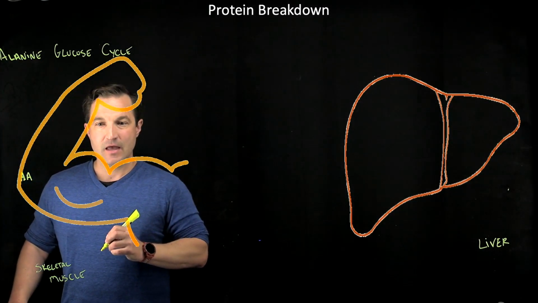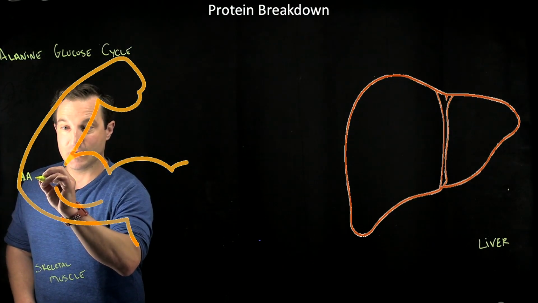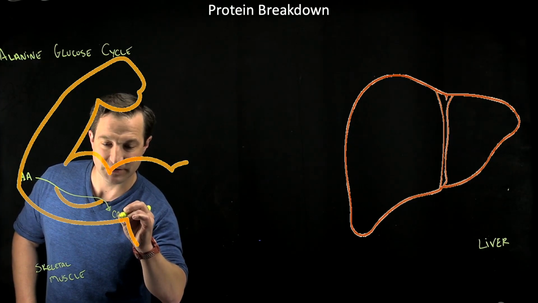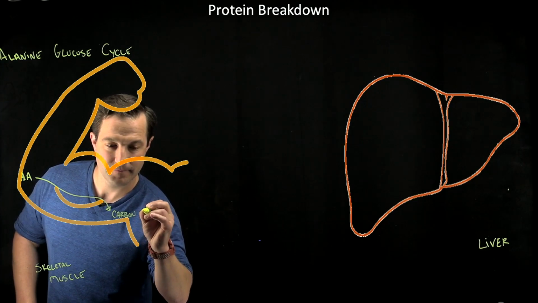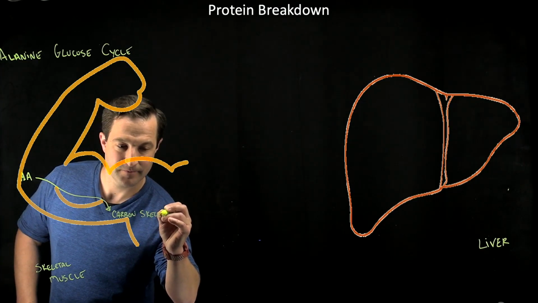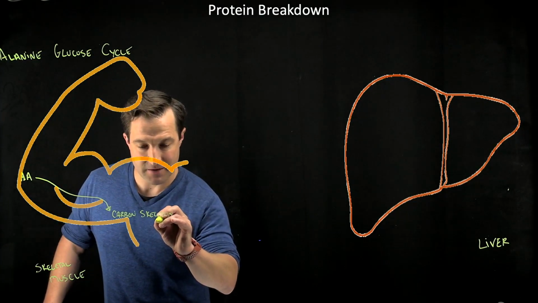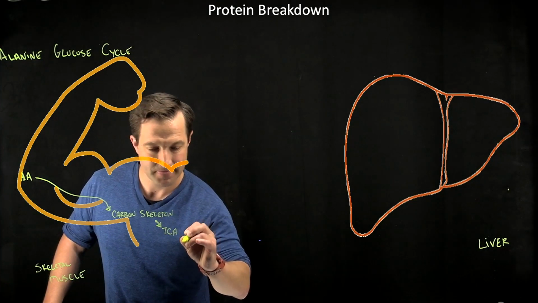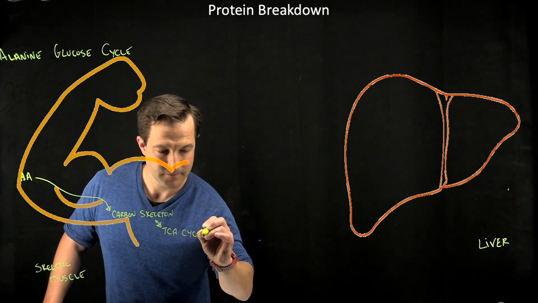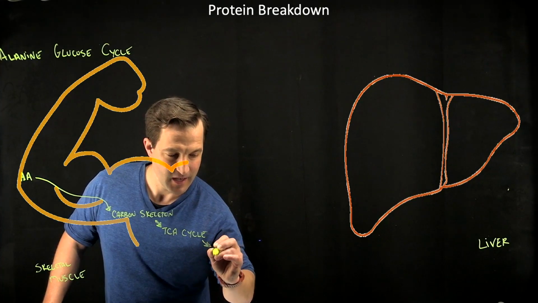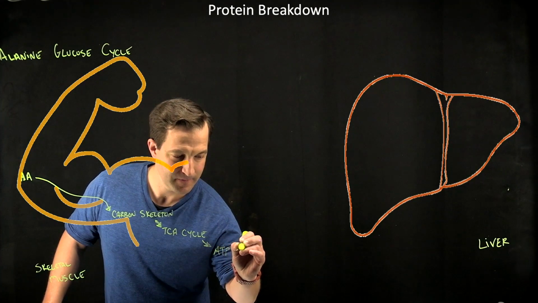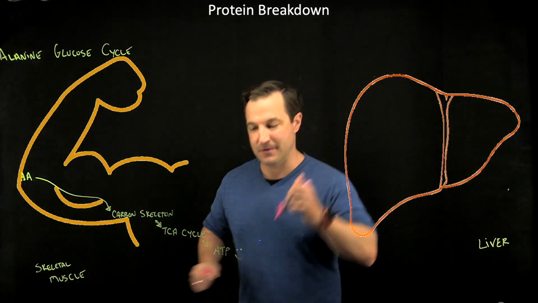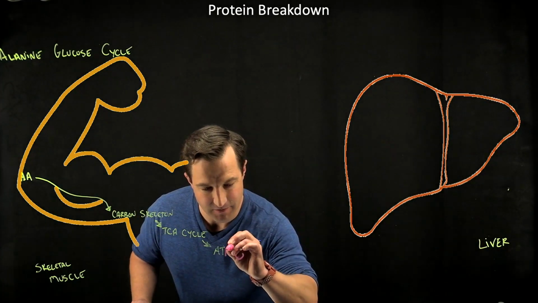There's our amino acid. If we wanted to break that down, remember, we're going to get, let me draw a nice long line here to get a lot of room, our carbon skeleton. We're going to then be able to take that, enter it into the TCA cycle, which makes ATP, and that makes us happy. Okay? So after we have that ATP, nice smiley face there,